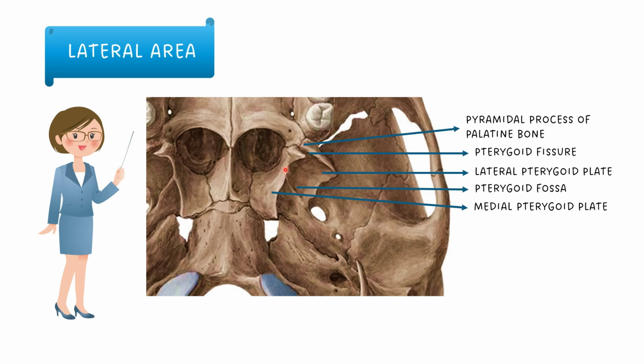The posterior border of the medial pterygoid plate at its upper end splits to enclose a fossa, which we call the scaphoid fossa. In its upper end, it also shows a small projection, which we call the pterygoid tubercle, and it lies immediately below the posterior end of the pterygoid canal. The pharyngobasilar fascia is attached to its whole extent, while the superior constrictor muscle arises from its lower part only.